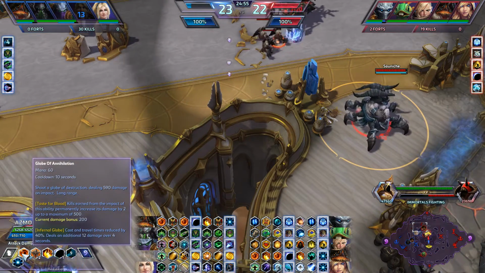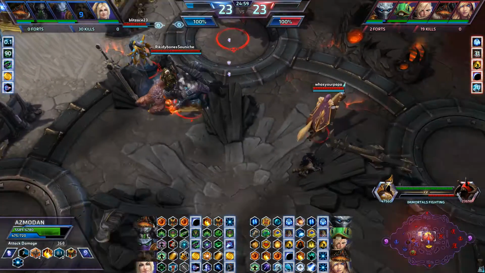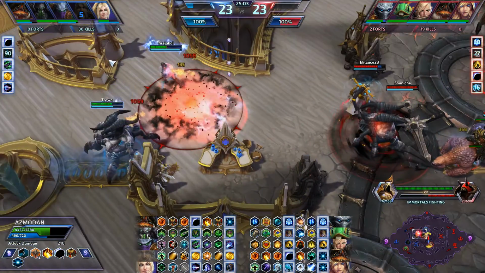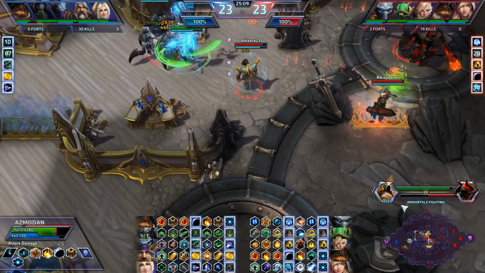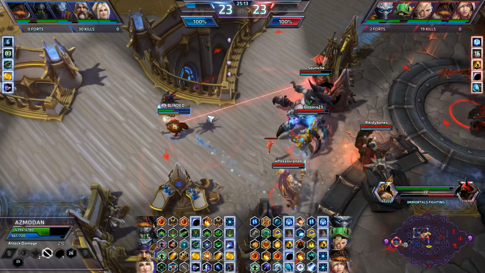So let's take a look at our stacks again. 200 for red Azmodan versus 212 for blue Azmodan. So more or less they have been exactly even. You can see it's doing over 1,000 damage now for me. Ooh, excuse me. It has been a while since I have cast anything, and